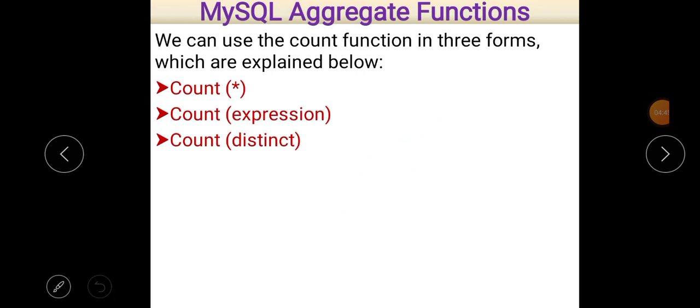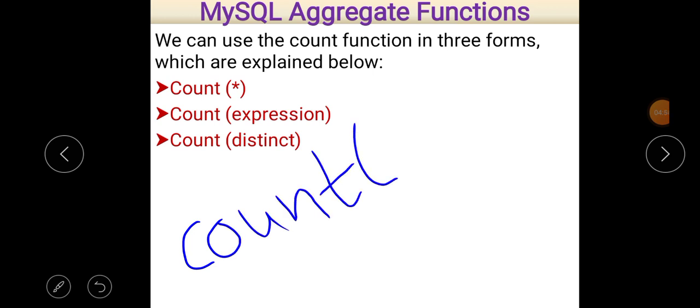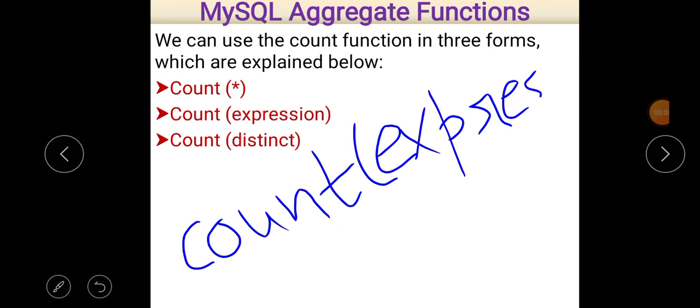If we want to count an expression, then we write count expression, so the number of expressions will be counted.